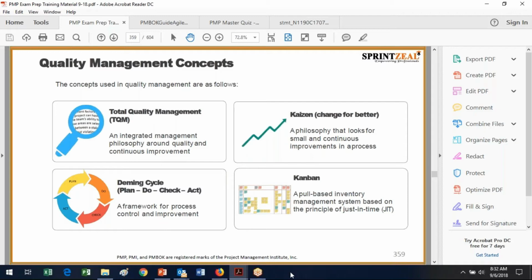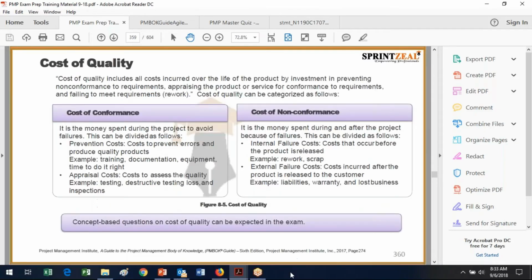And another concept is Kanban, which is a pull-based inventory based on the Japanese principle of just in time. So rather than having a lot of inventory on the shelf, you have it there ready just when the people want it. Grocery stores pretty much do that all the time, because obviously anything that gets beyond its useful date is tossed because it's expired, and especially produce expires pretty quickly. So there's a lot to be said for not having to store and manage inventory.